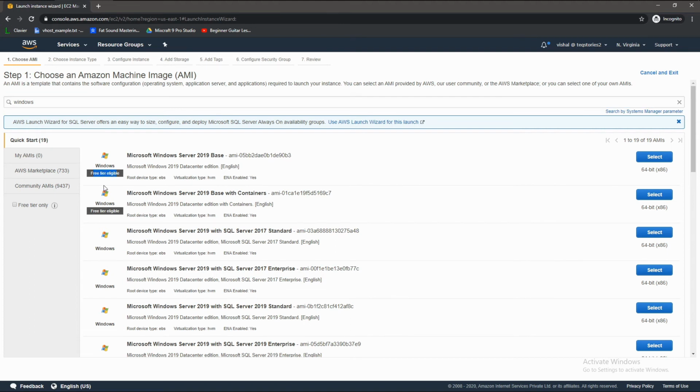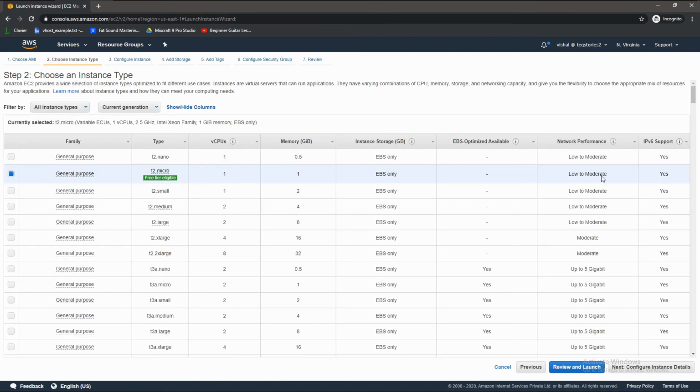This banner makes a lot of sense. You can see not for everything this banner is there. Free tier eligible. It means this particular AMI or Amazon machine image, which essentially means the software part, if you take this, software is going to come free of cost for you, right? So Amazon is paying the licensing charge. You don't need to pay anything. Select this. The second screen, it asks you to select the machine that you want this particular software to be